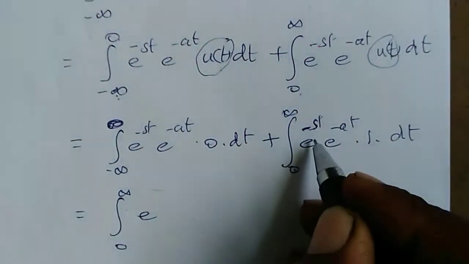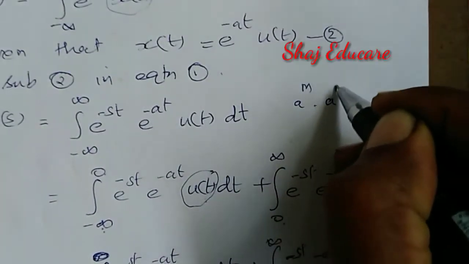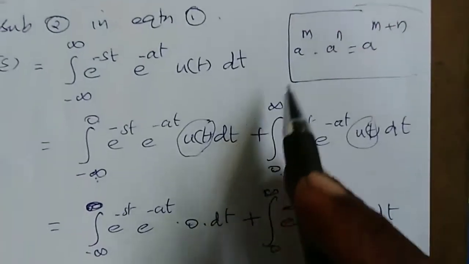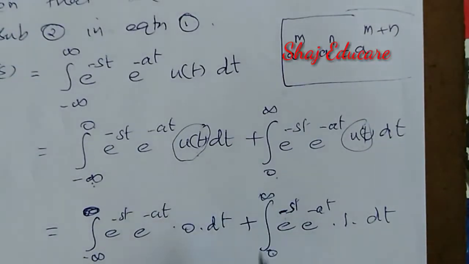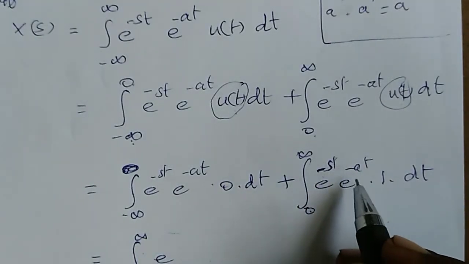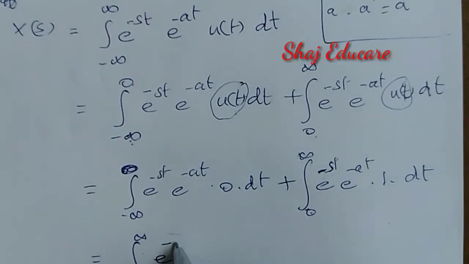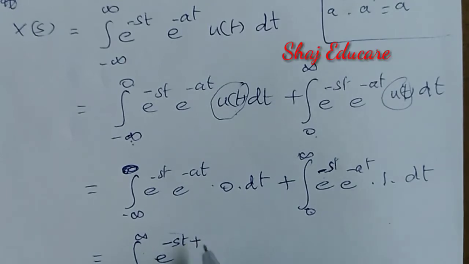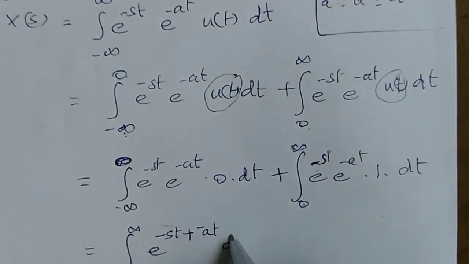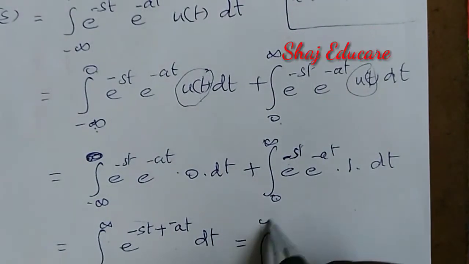Then a raised to m into a raised to n format. We know that a raised to m into a raised to n is equal to a raised to m plus n. If we apply this formula, in this case, we are getting e raised to minus st into e raised to minus at, so let us write it as e raised to the quantity minus st plus minus at. Then into 1 becomes that quantity itself. Again, this is equal to the integral from 0 to infinity